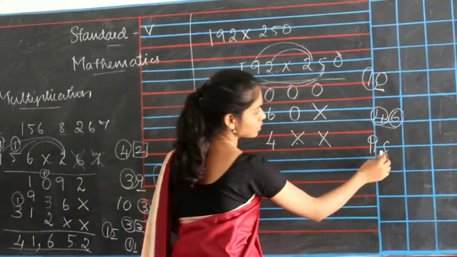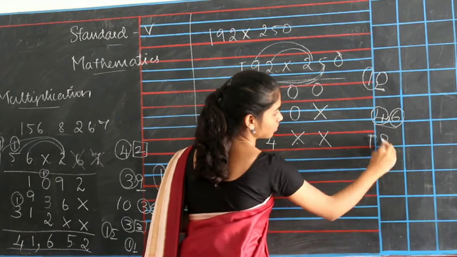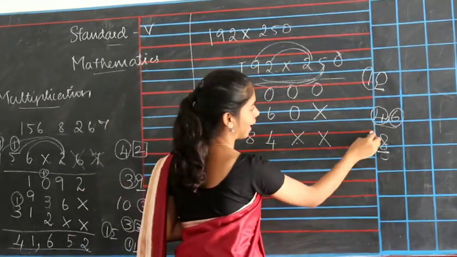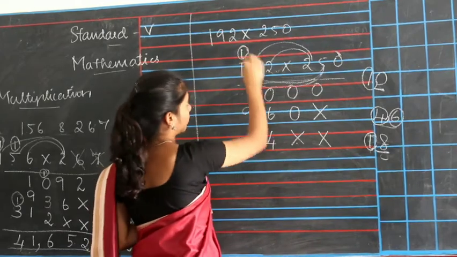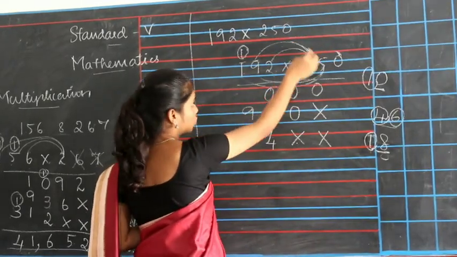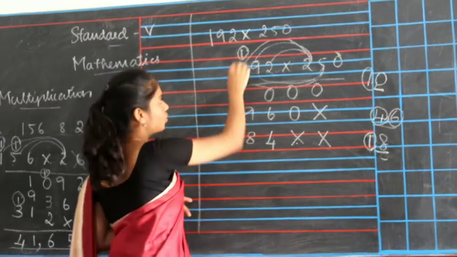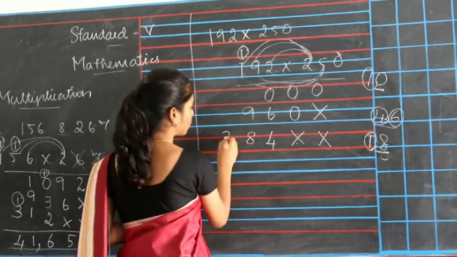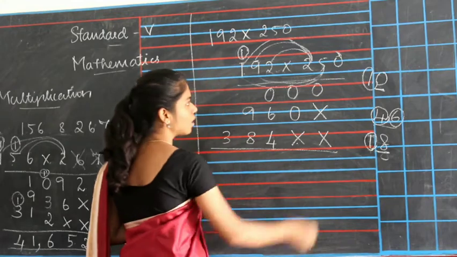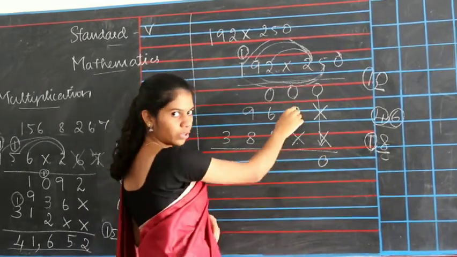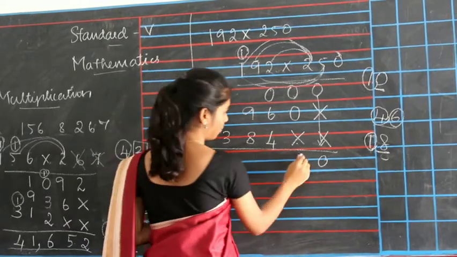So what you will do is, 8 is the unit number that you will write here, and 1 is the carry that will go on top of next number. Now here you have 2 multiplied with 1. 2 1s are 2. 2 plus 1 is 3, right? You will write 3 here. Now here you have 0. So you will write 0 as it is. Here also 0, here also 0. 0 plus 0 is 0.